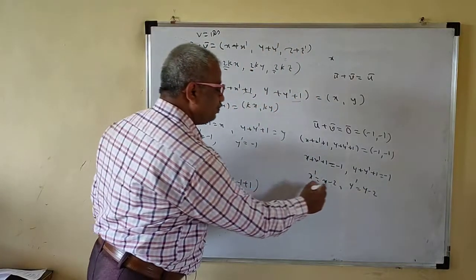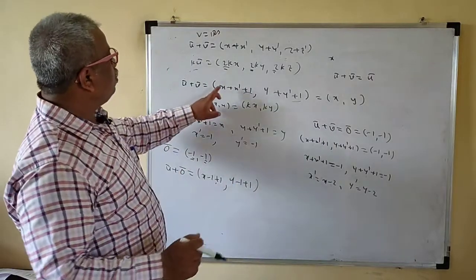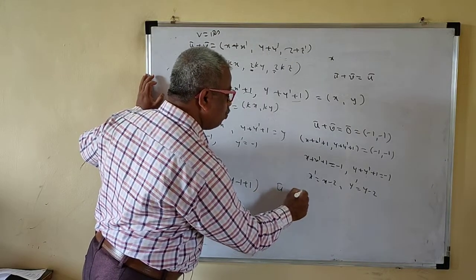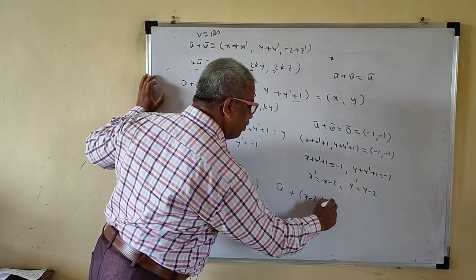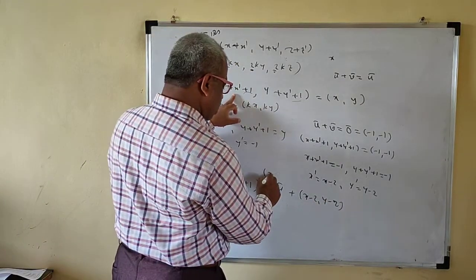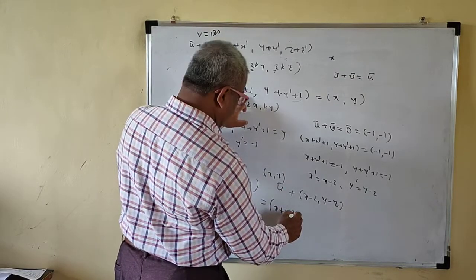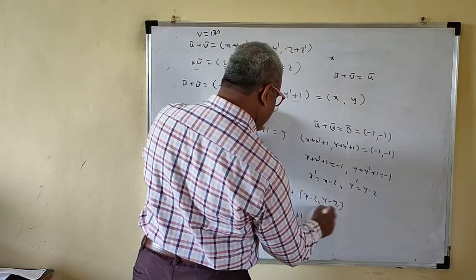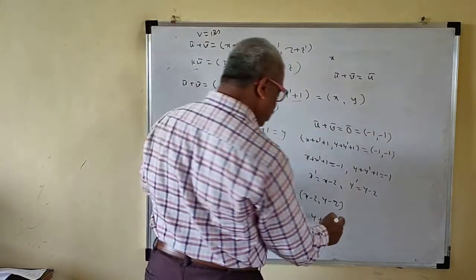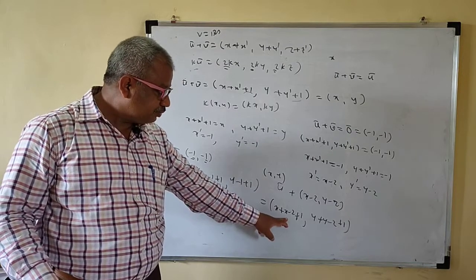Okay, so you can check this, whether we get minus 1 or not. Okay, how can we do this one? See, this is u bar plus v bar. That means u bar is x, y, and v bar is x minus 2, y minus 2. So you have to take the addition of the first two components. Addition of the first two components is x plus x minus 2, and you have to add the plus 1. Then the addition of the second component: y plus y minus 2, then plus 1. Now see that here x plus x is twice x.